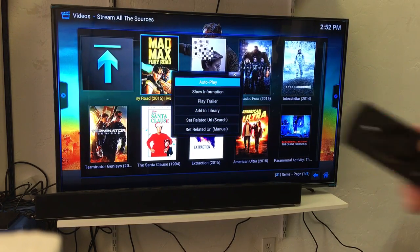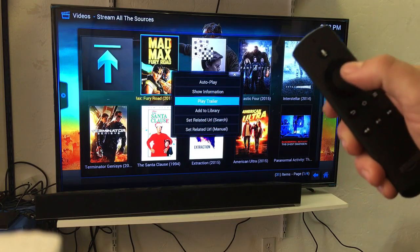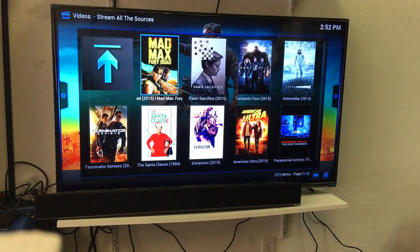Also, I just right-clicked on this part of the remote. See that menu pops up right there? I'm highlighting Mad Max. I can click play trailer, and this will actually play a trailer for me right now. So I can see what the movie is or what the TV show is if I want to watch it, that sort of thing. Boom. Up comes...